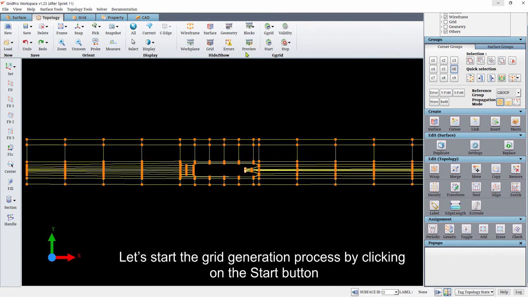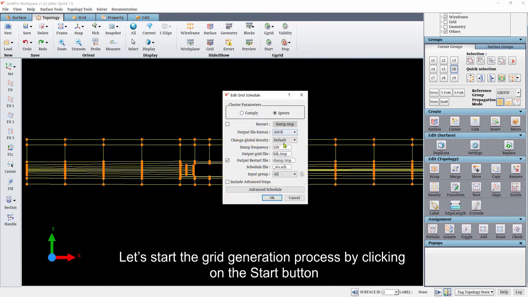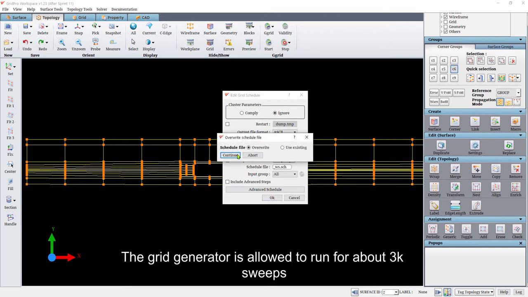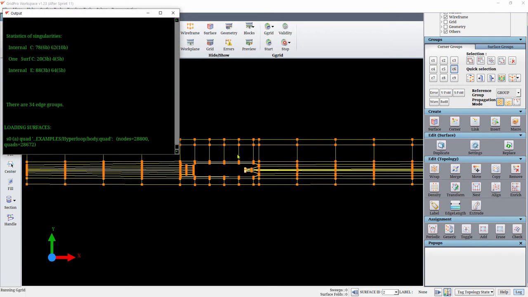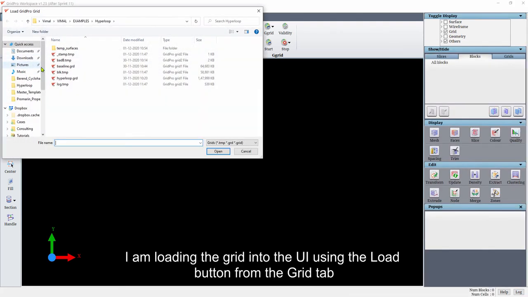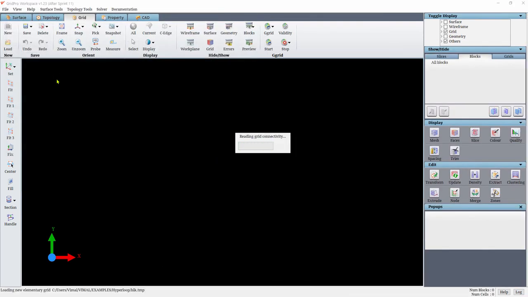Let's start the grid generation process by clicking on the Start button. The grid generator is allowed to run for about 3000 sweeps. I am loading the grid into the UI using the Load button from the Grid tab.